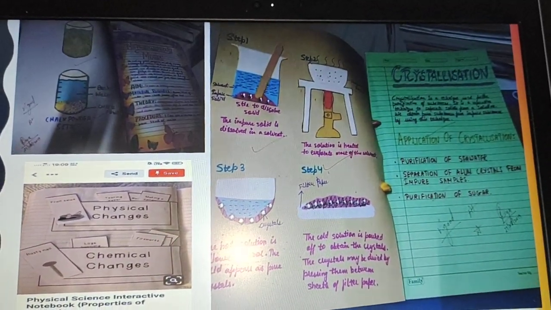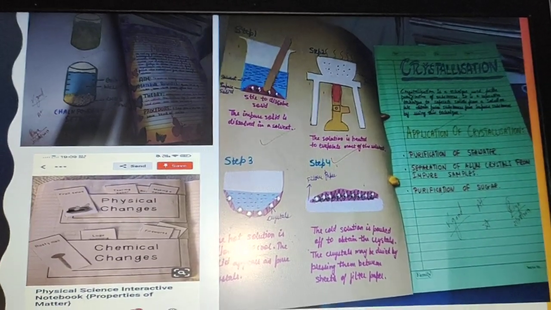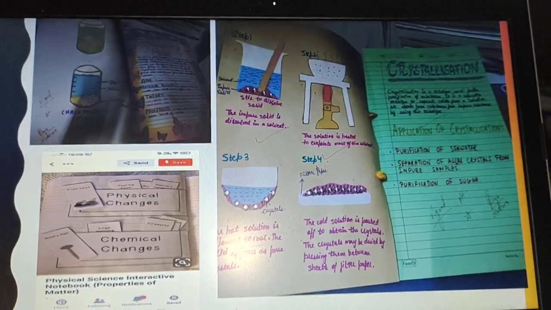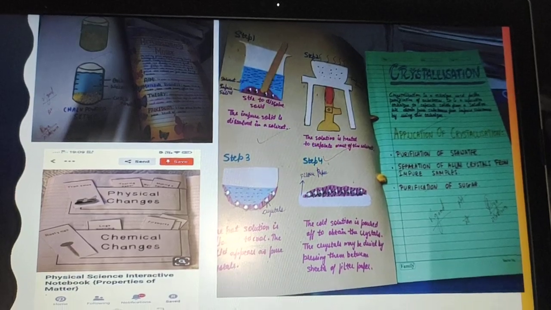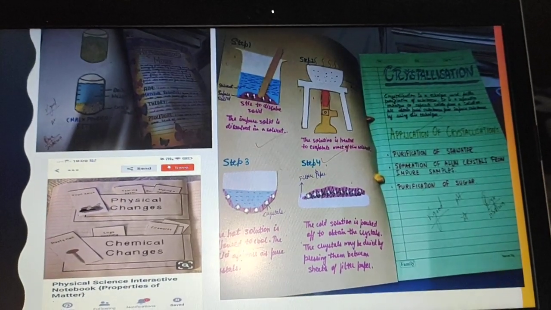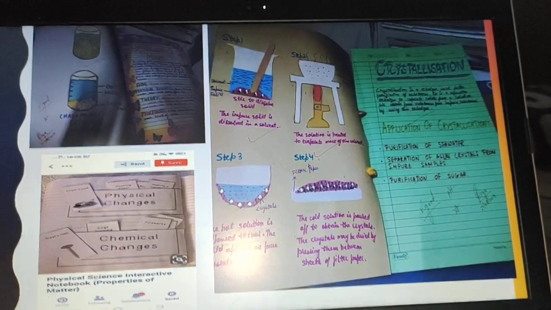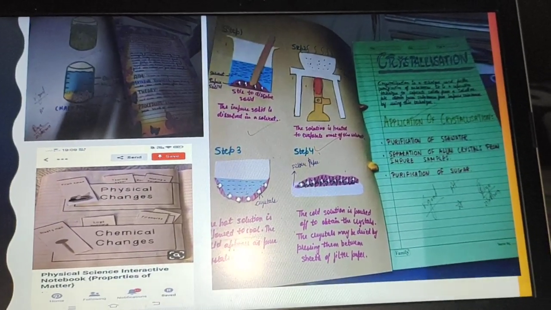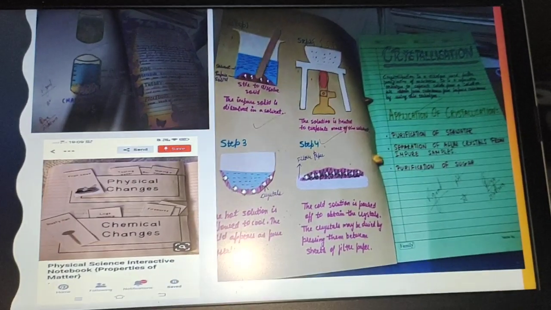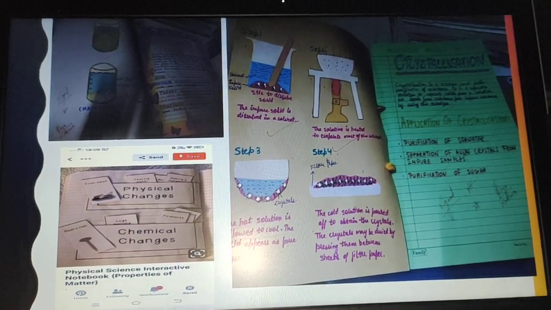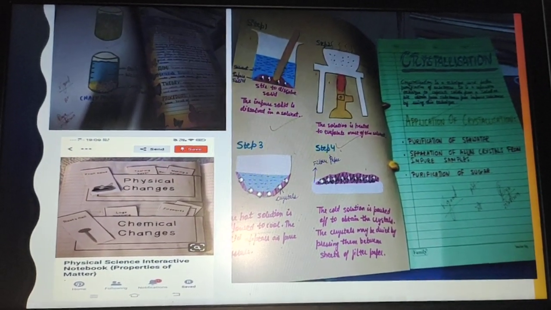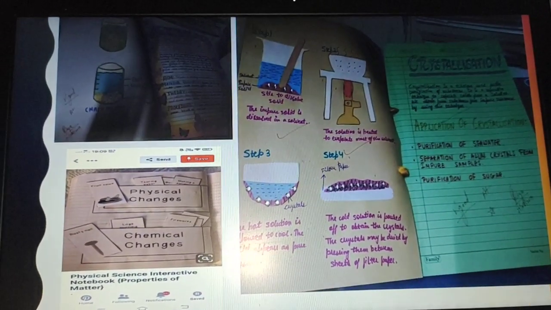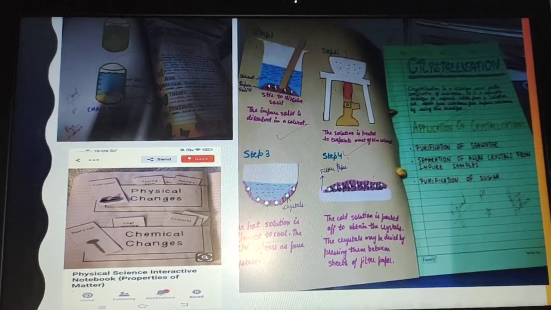This is the crystallization process, physical change, chemical change. So in this way you have to make only one activity from this chapter and one activity from the first chapter, matter in our surroundings. I will give you the heading of the portfolio in the e-content PDF form later, but these are the ways you can make the portfolio work.